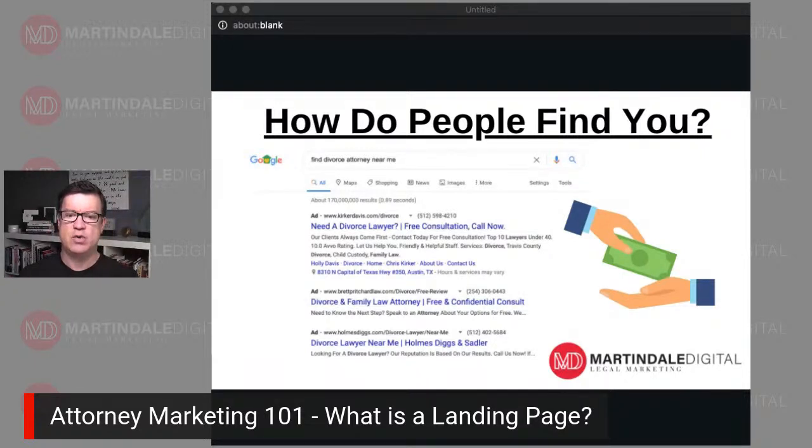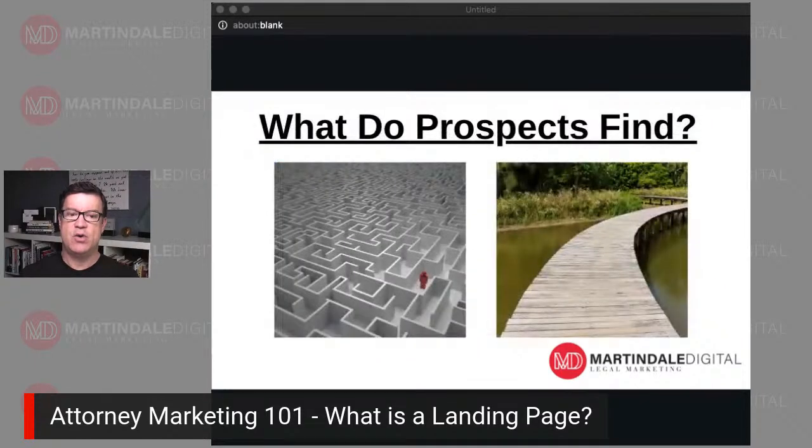And what you don't want to happen is you don't want prospects to feel like they're in a maze. You want them to have a clear path on what they're supposed to do. So that's why a landing page, which can be a particular page within your website, is called a landing page because it's a page that traffic and people and prospects will land on when they're doing